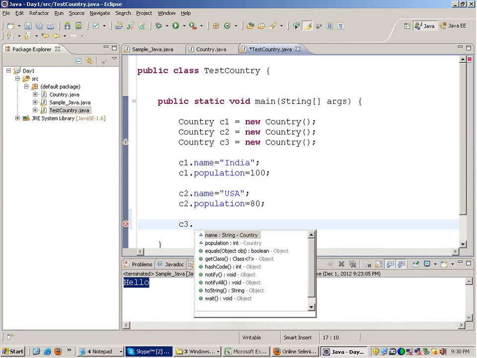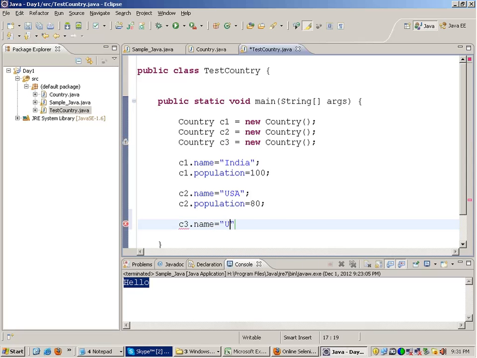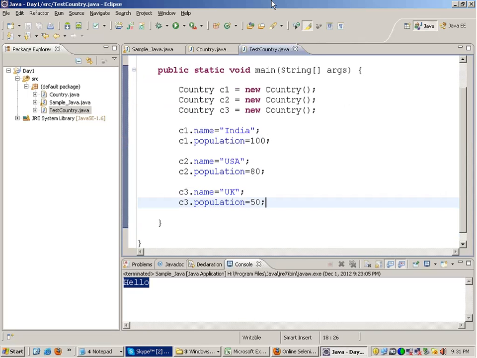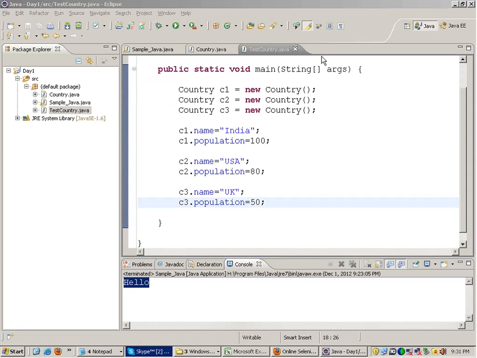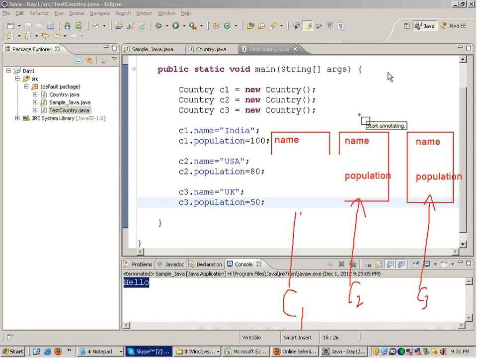Similarly, C3 dot name is United Kingdom, C3 dot population is 50. So every object will have the properties of name and population. Out here, this is India, this is US, and this is UK.